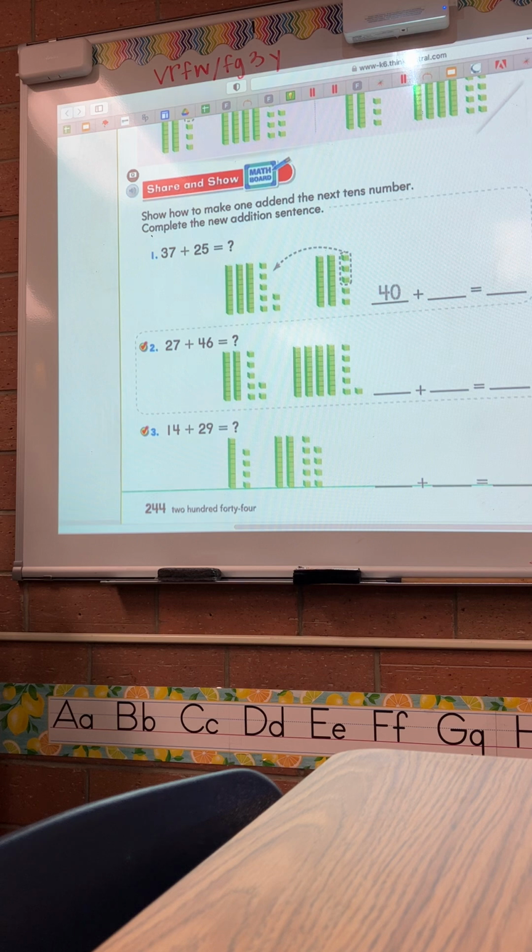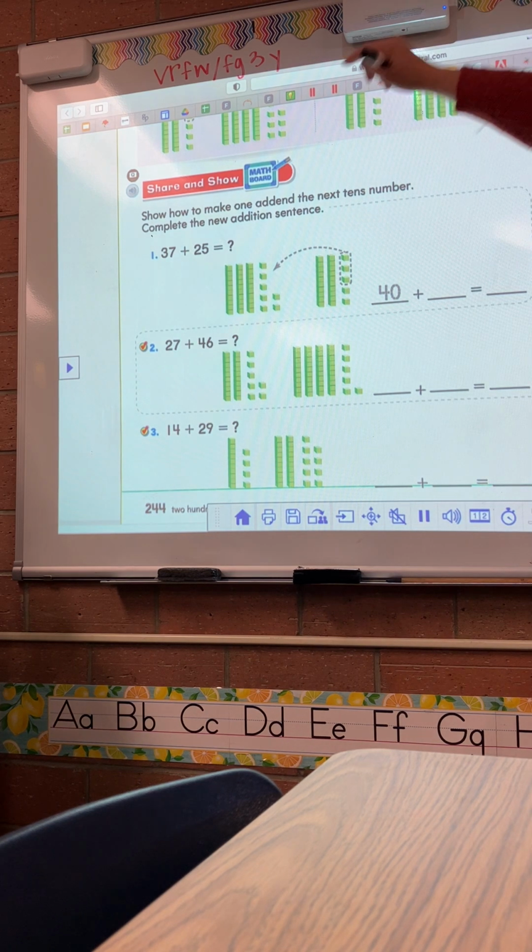make one add-in, and remember that's one of the numbers in our addition sentence, how we can make one add-in the next tens number to be able to complete and find our sum, which is the answer to an addition problem. So what they have for me is they have 37 plus 25,